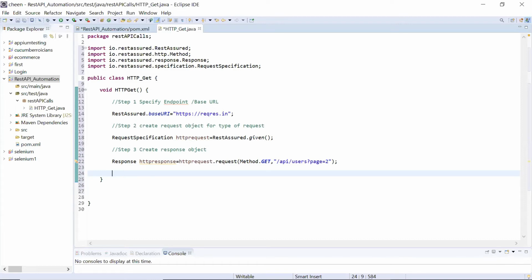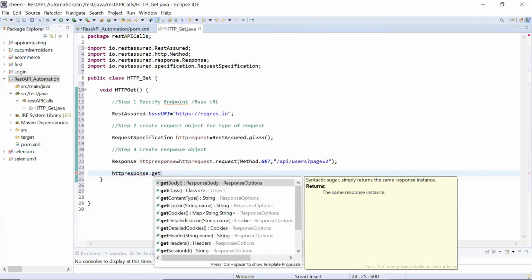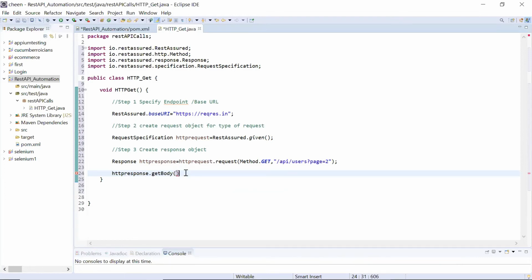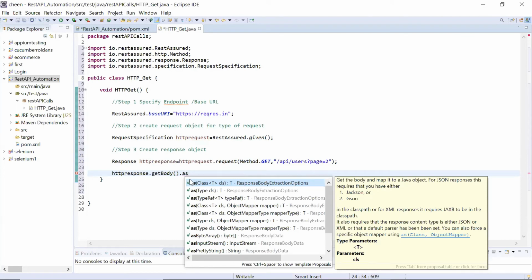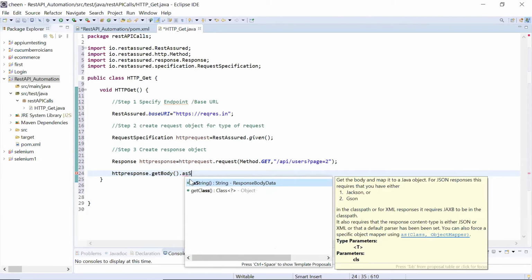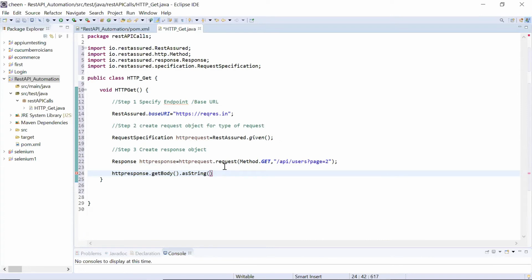So what I want to do is, whatever the body of the response is, please convert it into a string. For that, I will write httpResponse, which is my variable, dot getBody. I want to see the body of the response, and because I cannot read it, I want it converted into a string. So here you can write toString. Simple line. I want to convert the response body into a string so that I can read it.